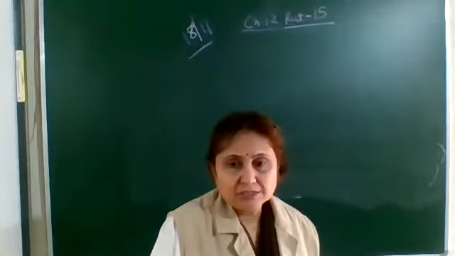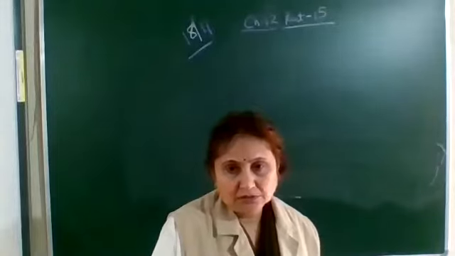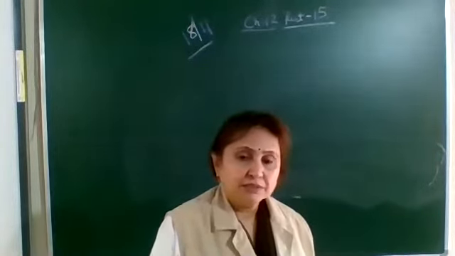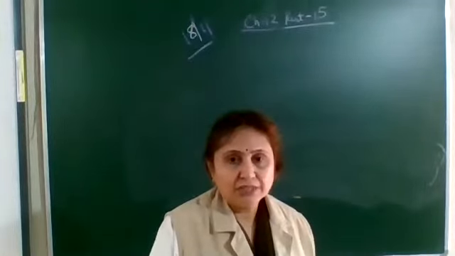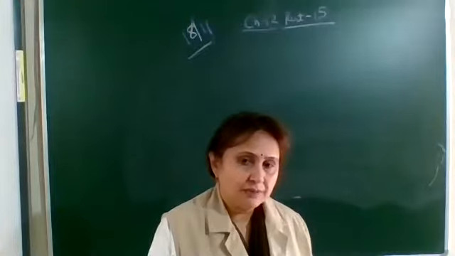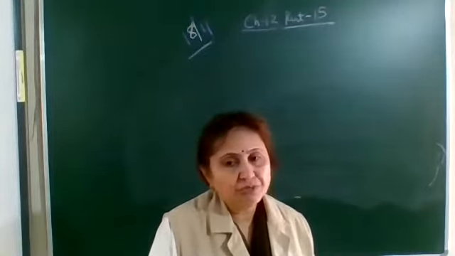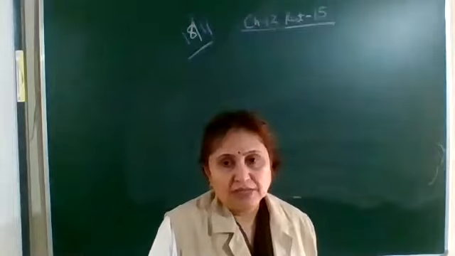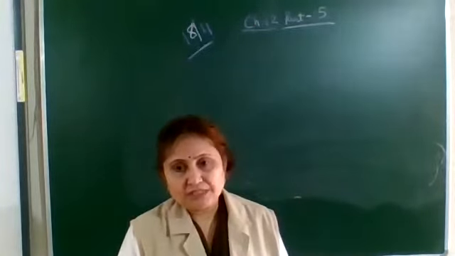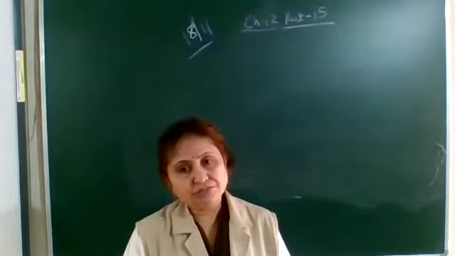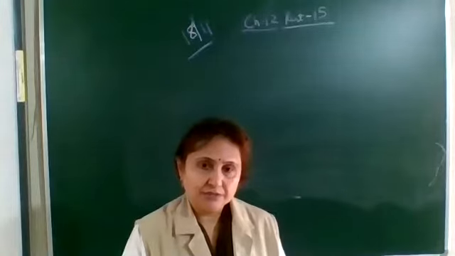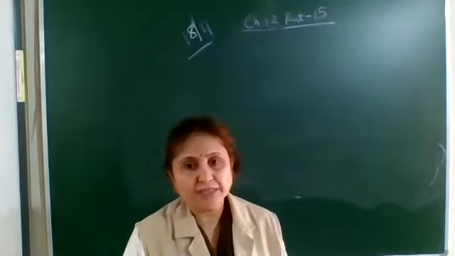Then we found the expression of the electrical work done, because for moving a charge from one end of the conductor to the other, some work has to be done. This electrical work done is equal to V into Q, potential difference into charge, and Q is equal to I into T. So the electrical work done, W, is equal to V into I into T. Then we discussed that the whole of the electrical energy will be converted into heat energy, so heat energy will be equal to V into I into T, wherever this heating effect of electric current is required.